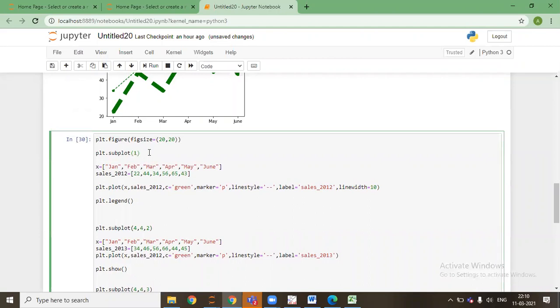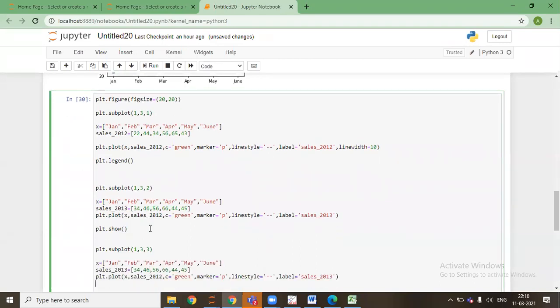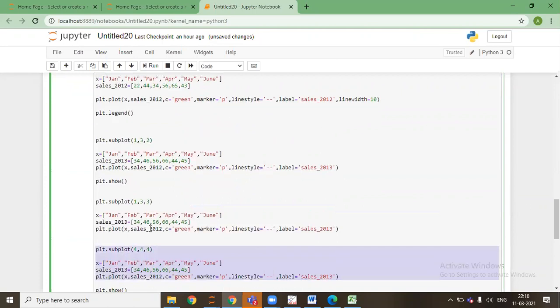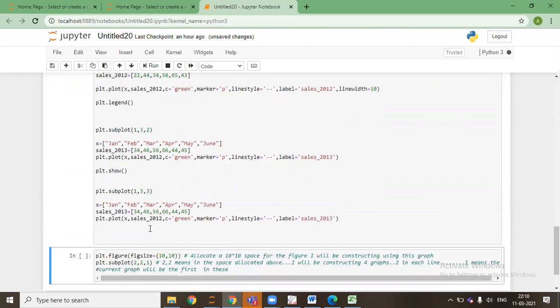For example, in one line, 3 graphs I'll be constructing, and this will be the first one. 1 3 2, 1 3 3. I'll delete it and say shift enter.